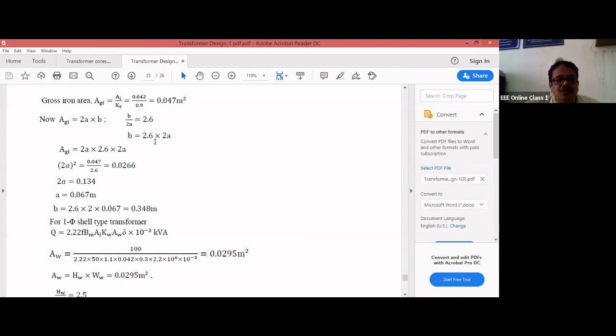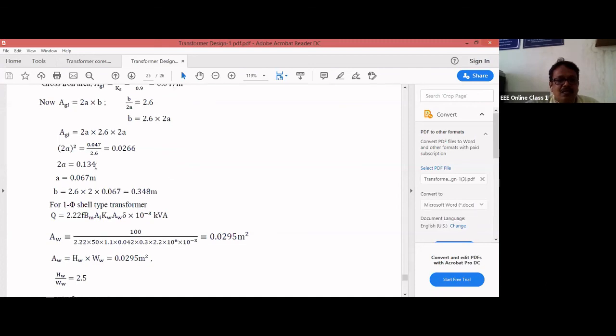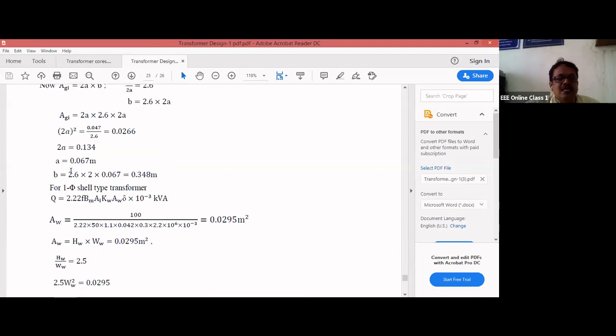So B is equal to 2.6 into 2A. AGI is equal to 2A into B, so substitute for B: 2.6 into 2A. Then calculate 2A; what you got is 0.134. Similarly A is equal to 0.067 meter, and you calculate B. Like that, you calculate the dimensions of the core. Once you calculate the dimensions of the core, you can calculate the dimensions of the window and overall H